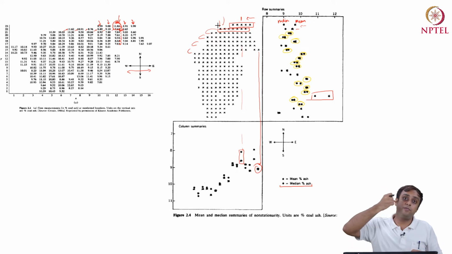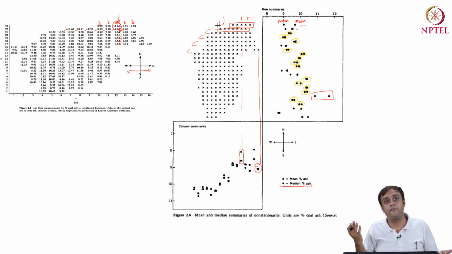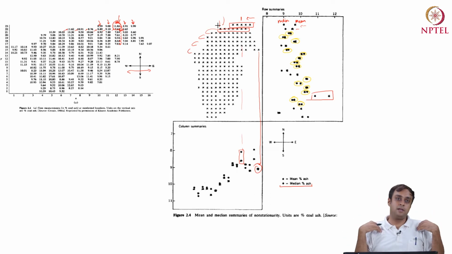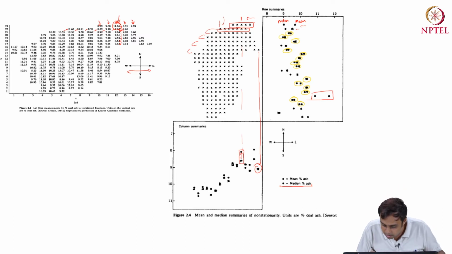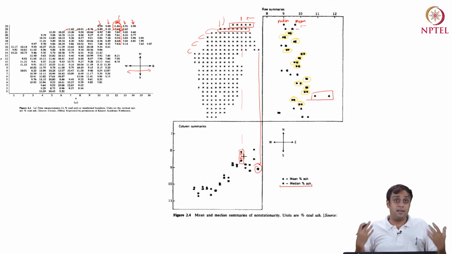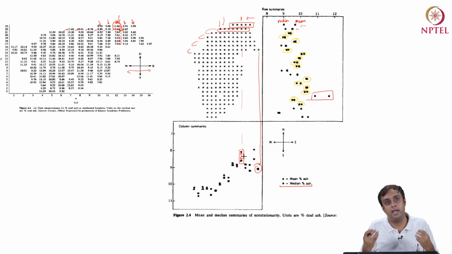Secondly, whether or not the difference between mean and median is large enough to signal trouble, well, it's highly subjective on the analyst. If I am analyzing these data and I feel that this distance is large enough, then it's highly subjective. Now, when we do science, we can't rely on the subjectivity of the analyst, right? We have to come up with an objective measure which can provide us a somewhat definitive understanding of whether or not this much distance signals trouble. Okay, so that's our basic quest going forward.